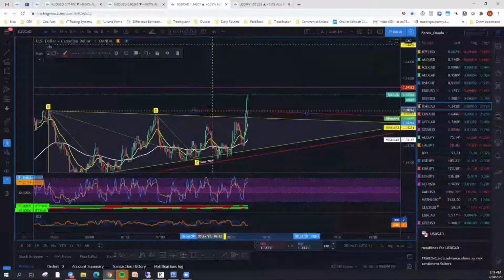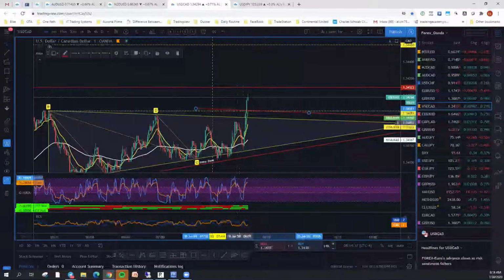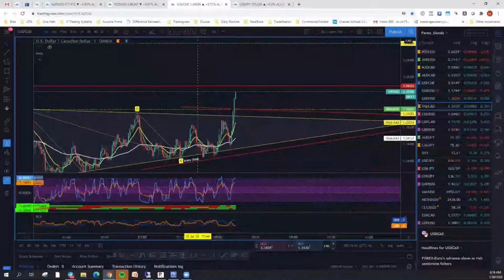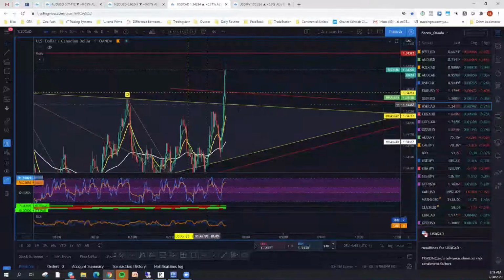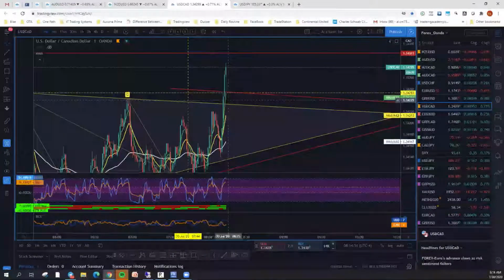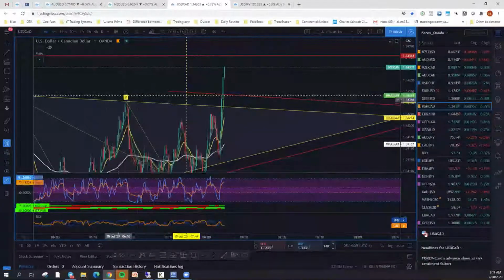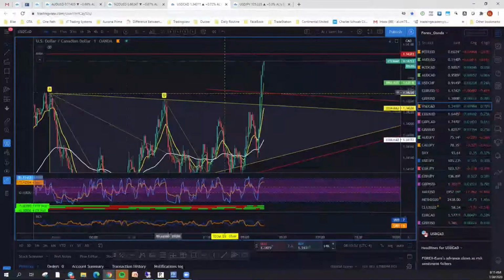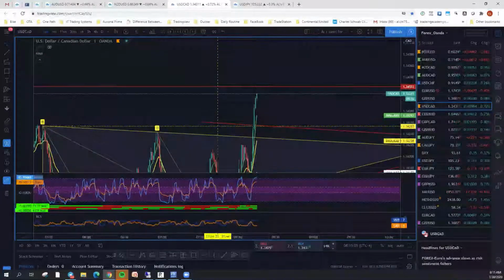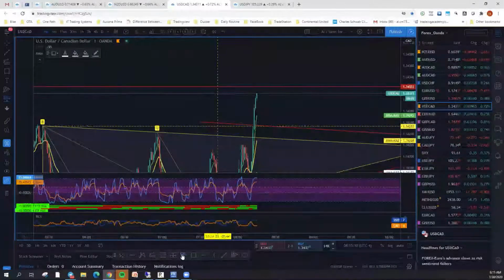See 23.25. So right about in this area here, you see where it came right up into this zone. We're on the 1-minute chart now. It came right up into the zone, closed with a very small wick, came back down, and after they closed, there was no red wick at all, and it just took off. So we'll see if it gives us a chance to get back in, but it's already broken through the A, the B area. And if we're able to get into it, if someone was able to get into this trade.